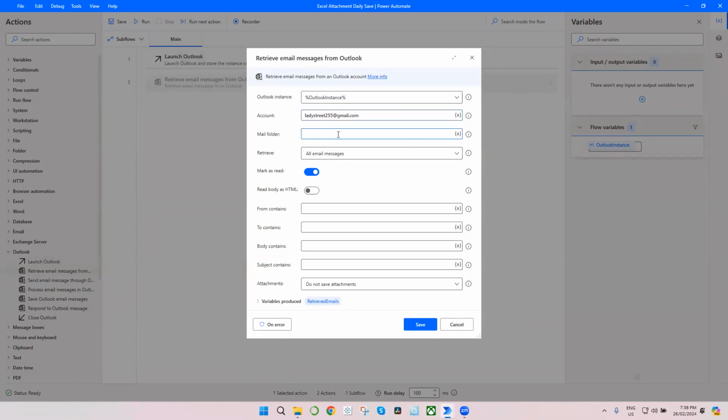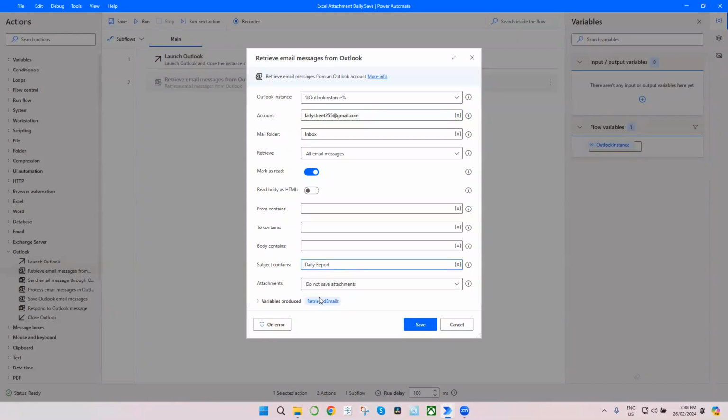And mail folder is gonna be our inbox. Retrieve all email messages, and we're gonna leave from contents and to contents blank, and body contents can be anything, and subject is gonna be the subject of our email. In this case, I have daily